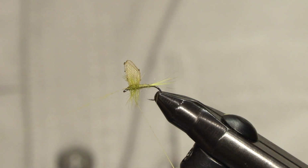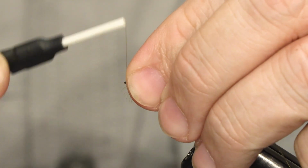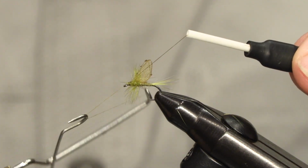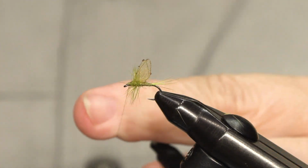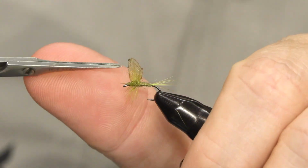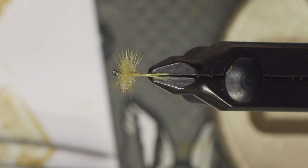Tie down the loop of tying thread on top of the hook shank. Just use a single turn there and then fold it back. A couple of turns is enough. Cut off. And a quick whip finish. Tighten the knot and remove the tying thread. And that's it. Now you can see the wing is only held in place by that little loop of tying